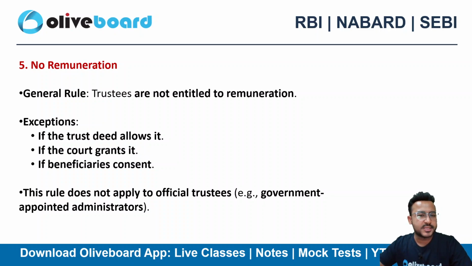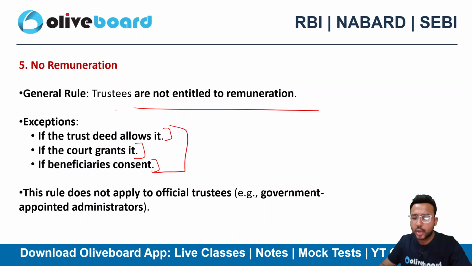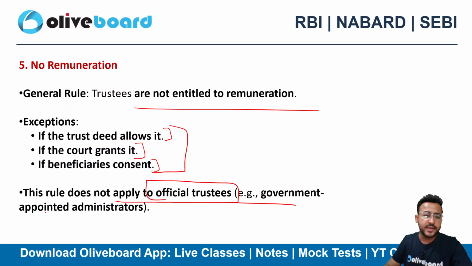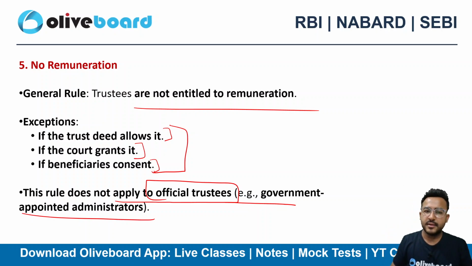No remuneration. Trustees are not entitled to remuneration. If the trust deed is allowing it, then that's fine. If the beneficiaries are consenting to it or the court grants it, then that's fine. Otherwise, trustees are not at all entitled to any kind of remuneration. Okay. Now this particular rule does not apply to official trustees. Let's suppose the government has appointed an administrator as a trustee, then he definitely will be receiving the remuneration, right? But generally, trustees are not entitled to remuneration,